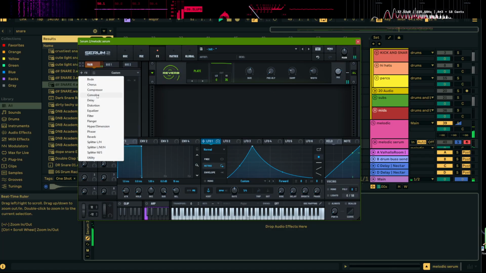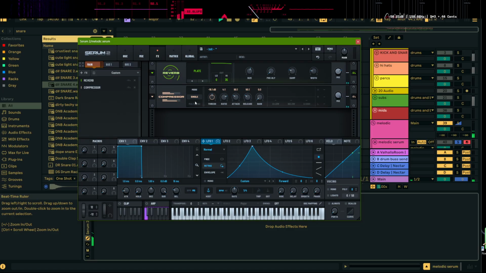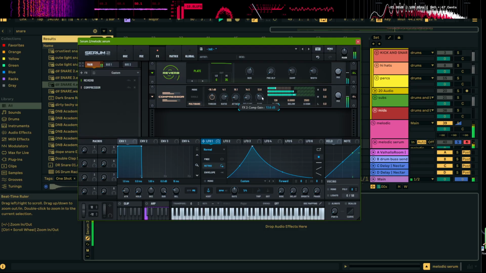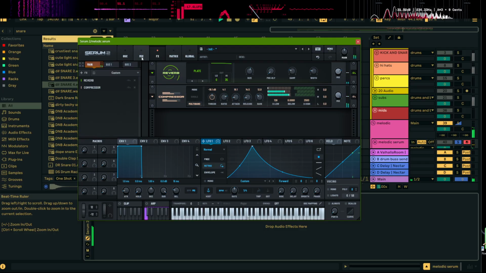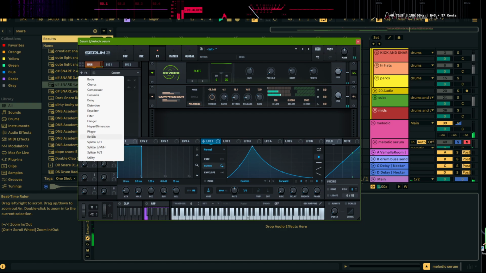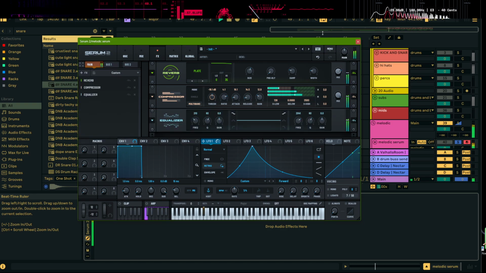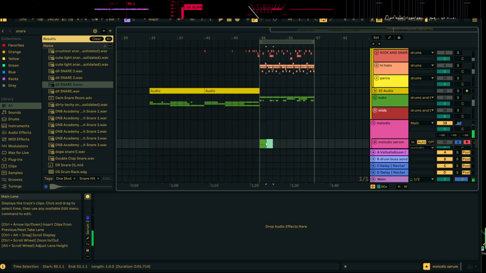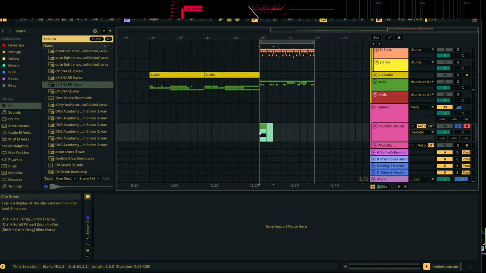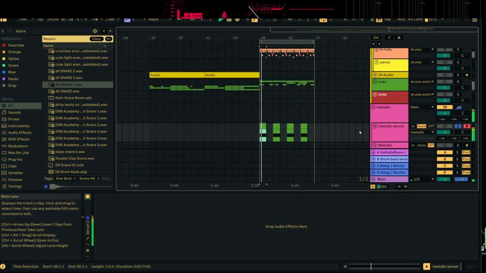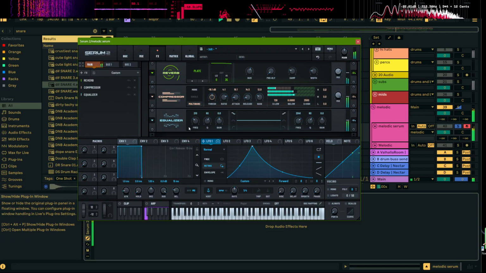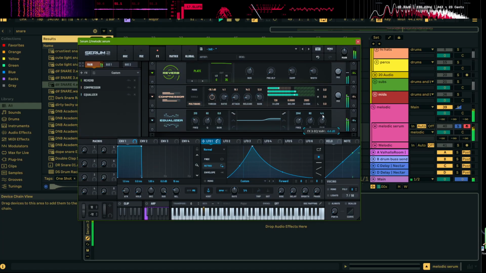I'll put a compressor, multiband, turn the release and attack down, the gain up. Might go an EQ. I'll just loop this across. Push the gain up here and change it to, I don't know,